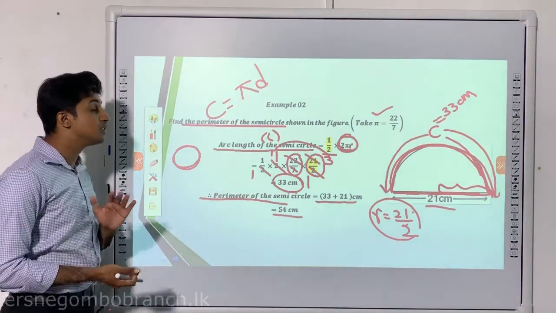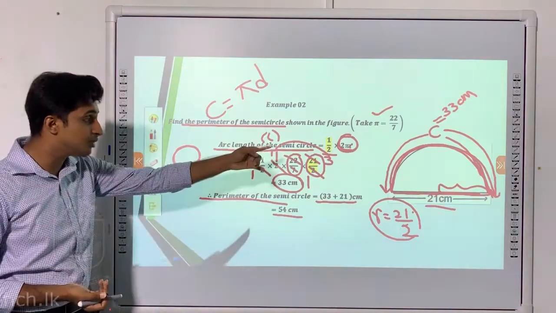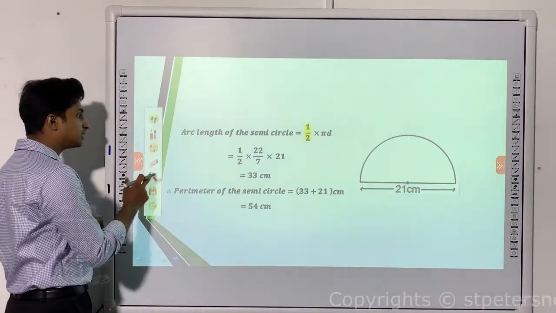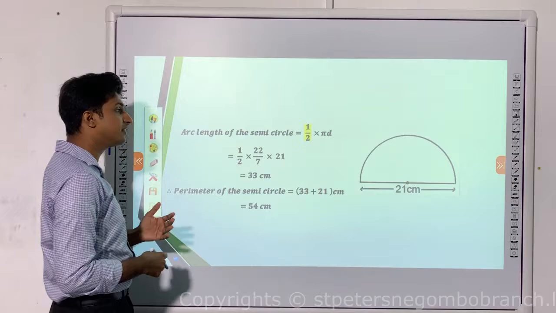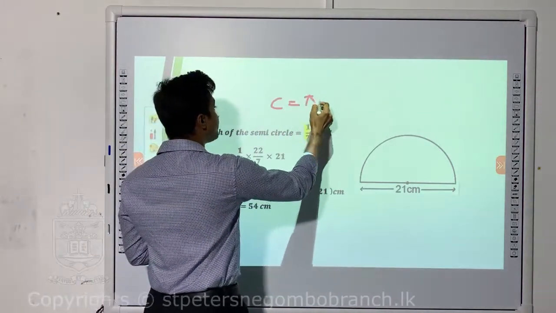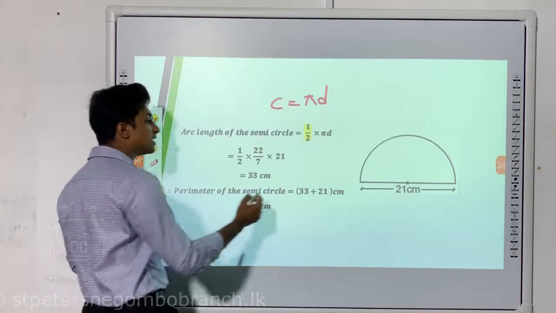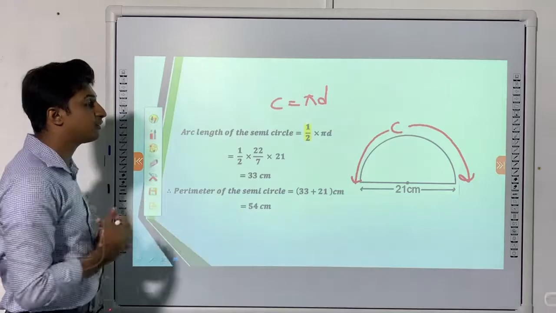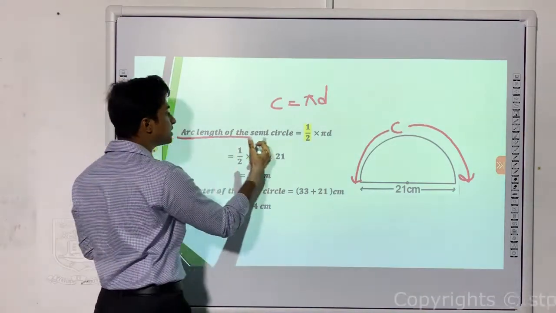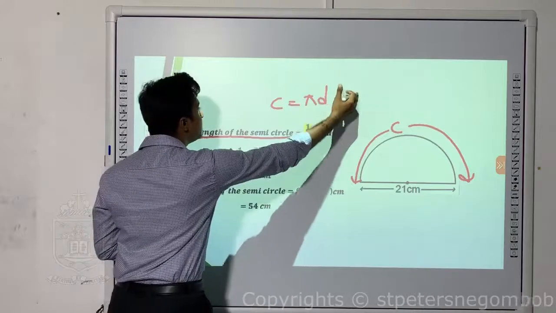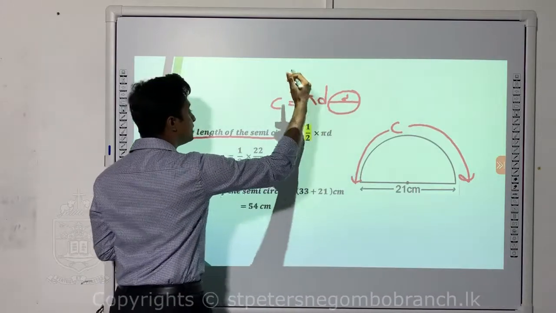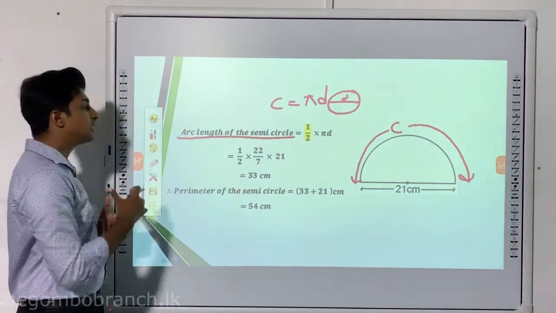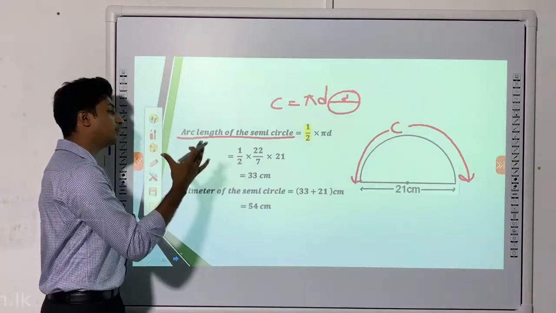Okay. So now this we have found using 2 pi r. Let's see if we use pi d, whether we get the same answer for the arc length. So the same question we are doing using a different formula. Here we are using the concept of pi d, circumference, that is this part, right? This part we are using the concept of pi d. So the arc length of the semicircle is going to be half of pi d. Pi d is for the entire circle, right? But for the semicircle it has to be exactly half of it. So we take half pi d, then half into 22 over 7 into 21.